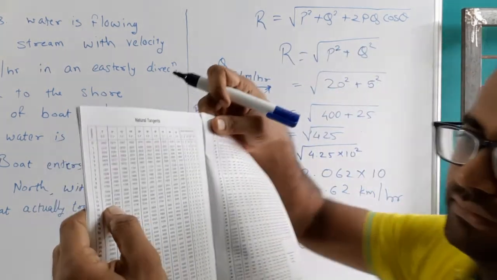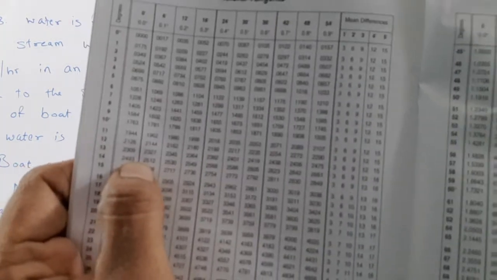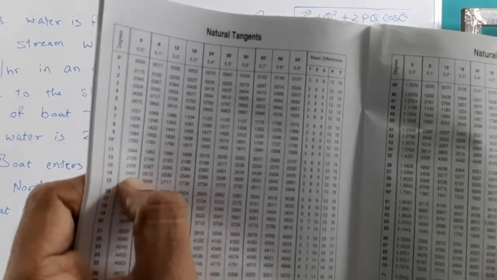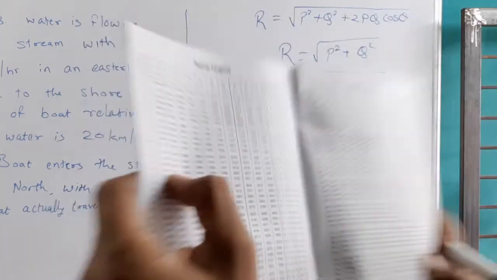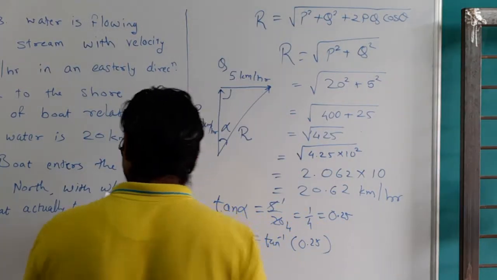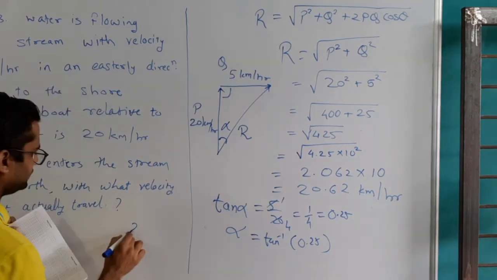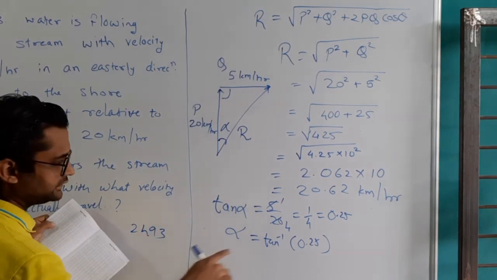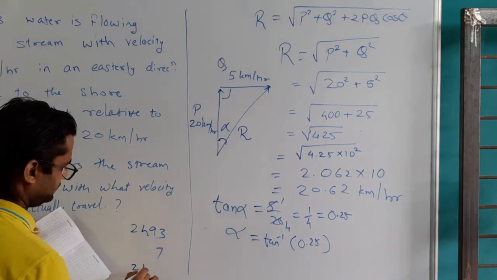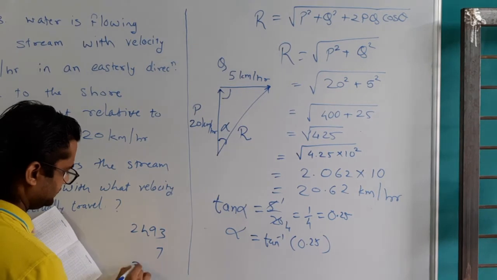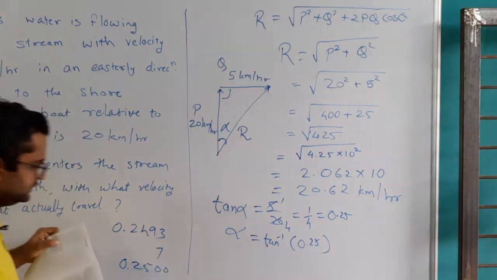If you look at these values, these are 0 point values. If you look at this number, it is 0.2493, and the next number is 0.2512. So we can take this number 0.2493 or 0.2512. So it is 14 degree and 0 minutes. Now if we take 0.2493, then by adding 7, we get 0.2500, which is our number. We want this 0.2500. So there is a difference of 7.